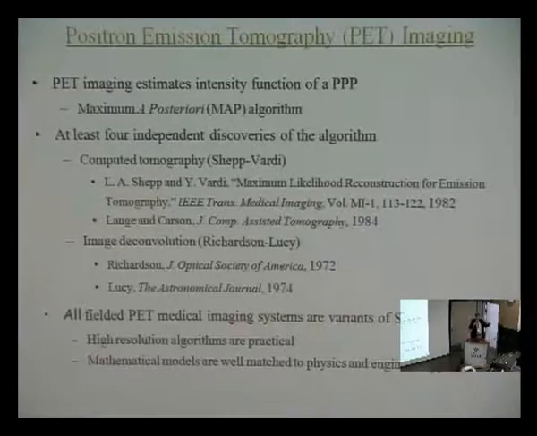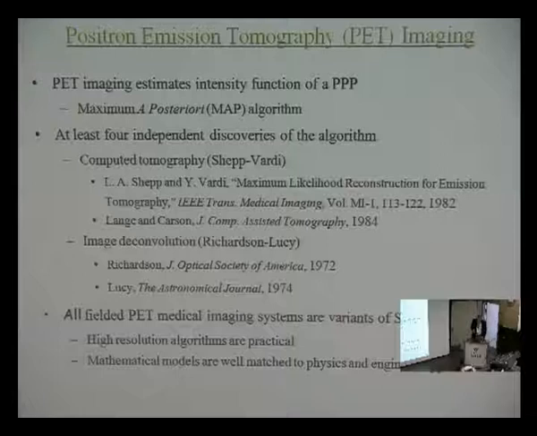So far, I've told you about the point processes and stuff. I've talked about tracking and how you get these filters. And now, to see the connection to the tomography, I have to tell you what tomography is. So let's forget about tracking for at least a moment. PET imaging is what I'm talking about. Positron emission